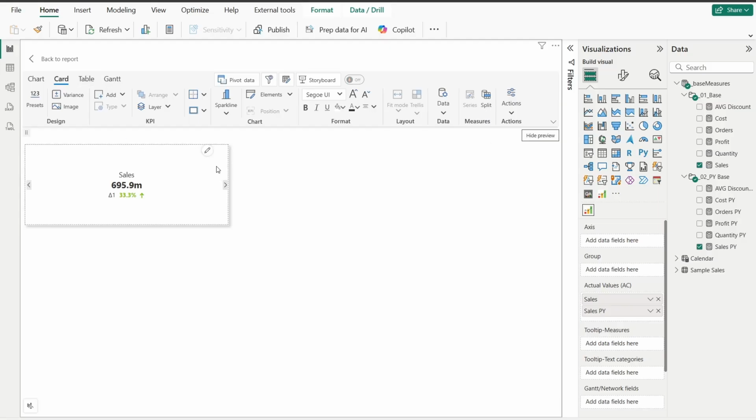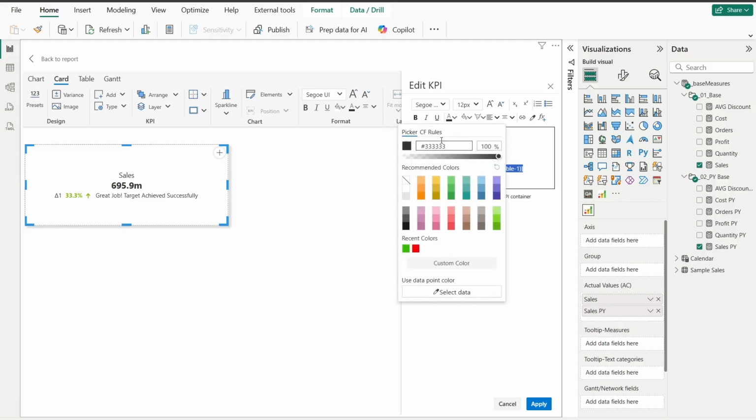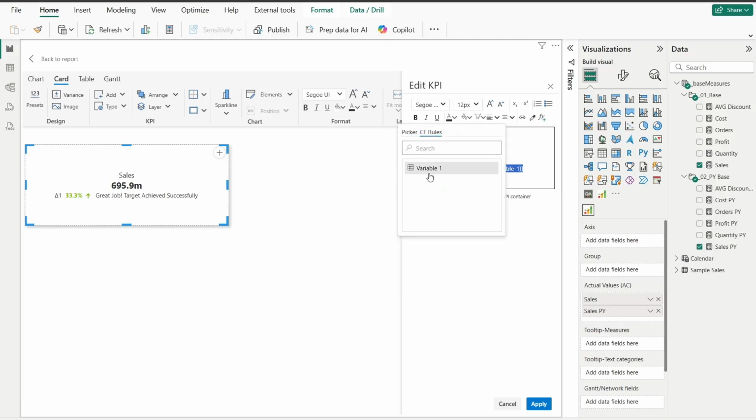Next, click Edit Card. Go to the text area where you want to display the variable. Select the eyedropper tool and choose the variable you created. Click Apply. You can now see the variable text appear dynamically in your KPI card based on the rules you defined. To adjust the text color, select the variable text, go to Font Color, open CF Rule, choose your variable